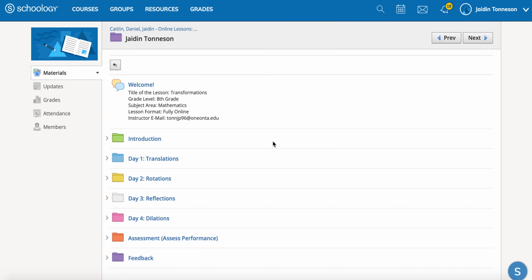Once my storyboard was constructed, I used this organizer in order to construct my Schoology homepage. On my main homepage, we can see that right away students are introduced to my welcome page that introduces the entire idea of my mini lesson. On the main page, we have an introduction page, the 4 days of lessons, the assessment page, and the feedback